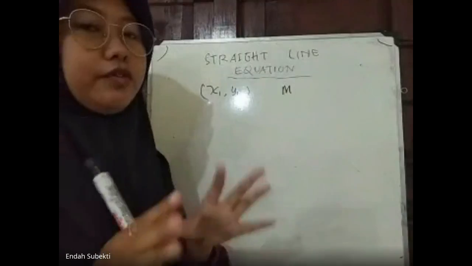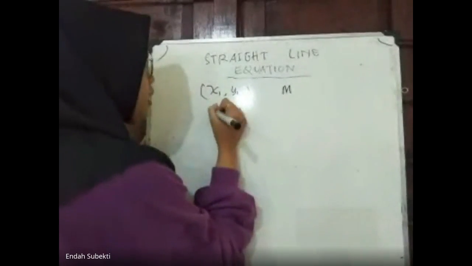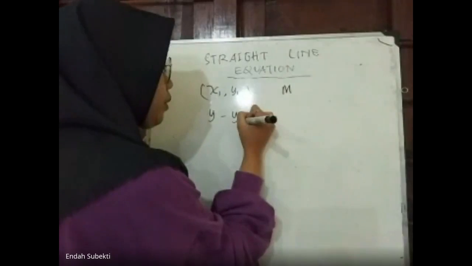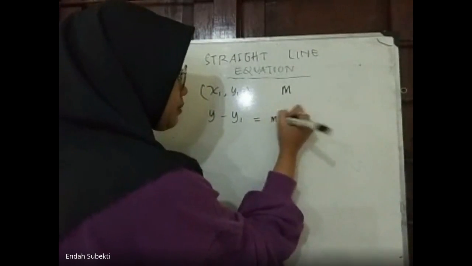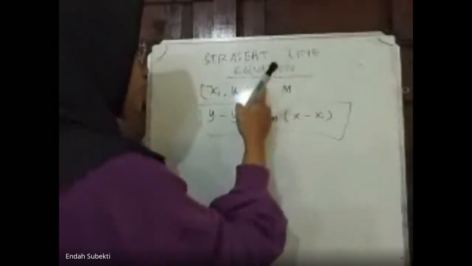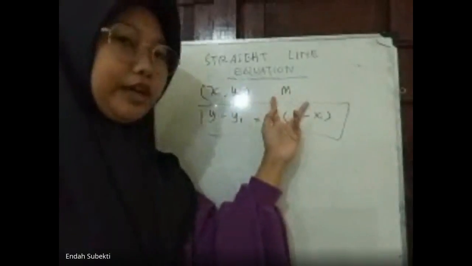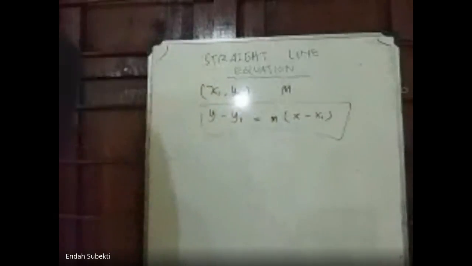So we have the formula for the straight line equation: y minus y1 equals m times parenthesis x minus x1. This is the formula if you know a point on the line and the gradient. For example,